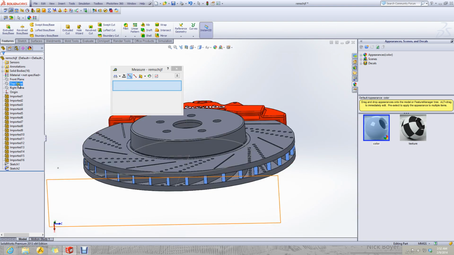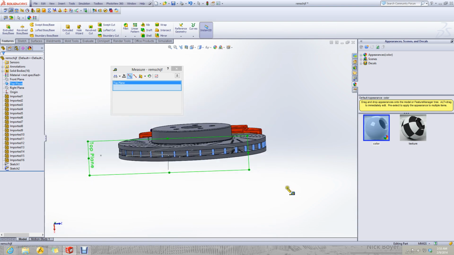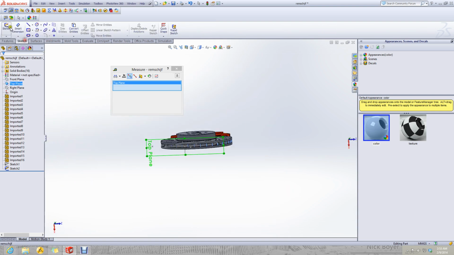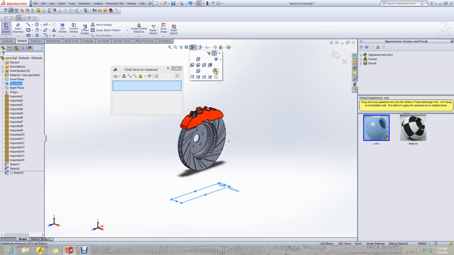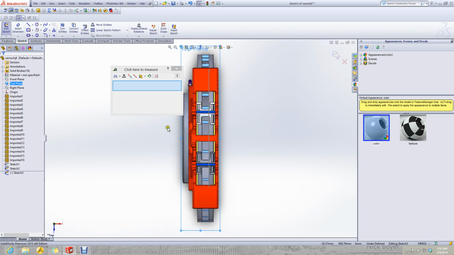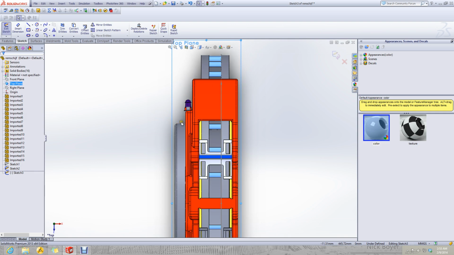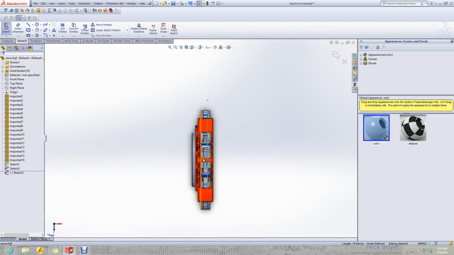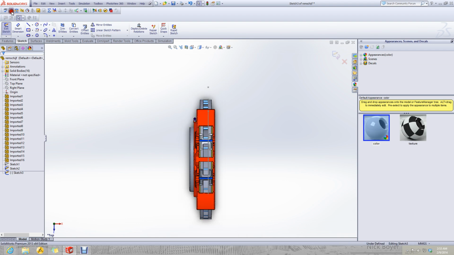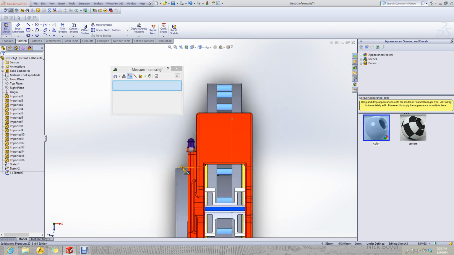We will go into the top line, sketch, we measure the angle from this line to this line.